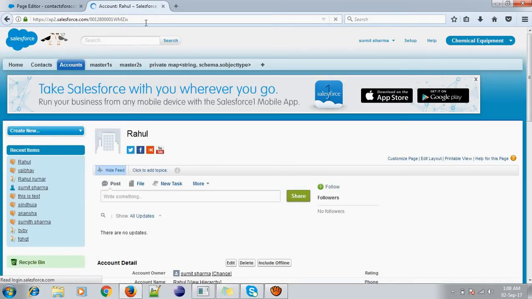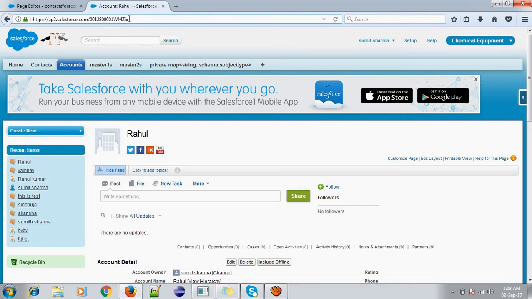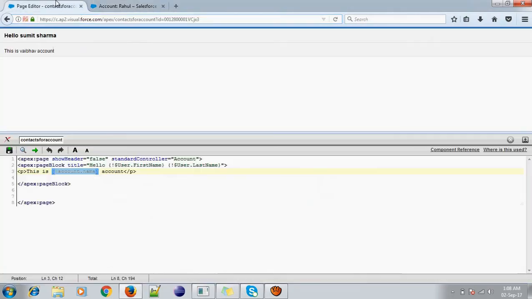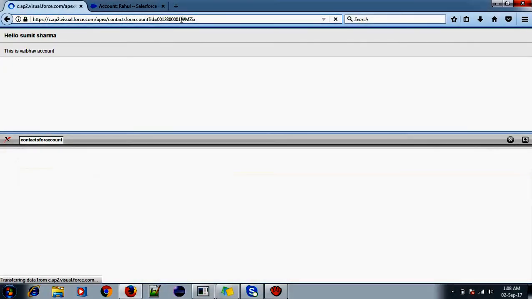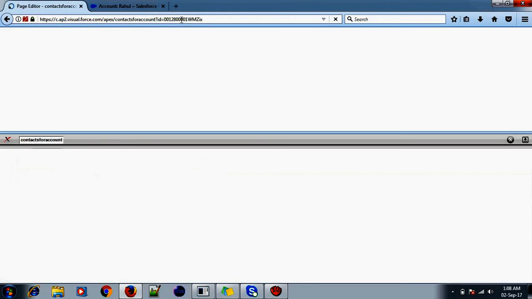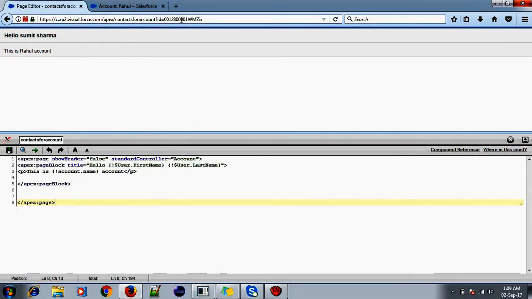After saving, you can see an ID is generated for this. We'll copy this ID and paste it here. This is Rahul's account. So the ID plays an important role.